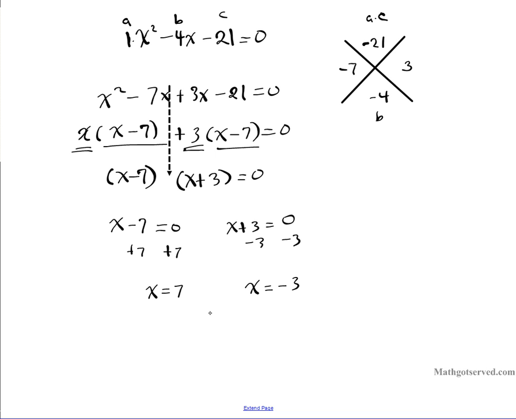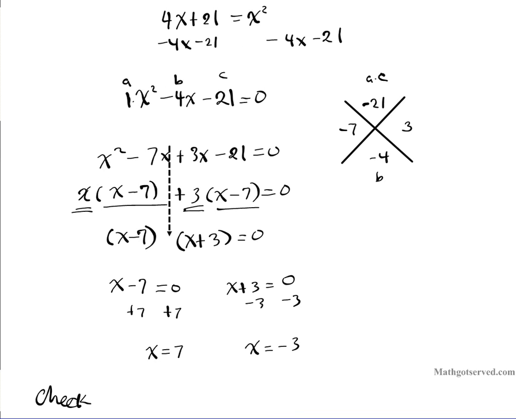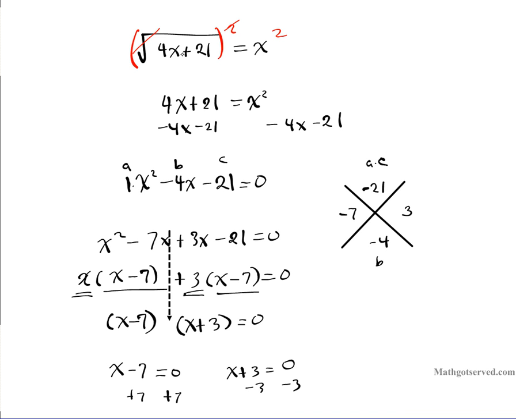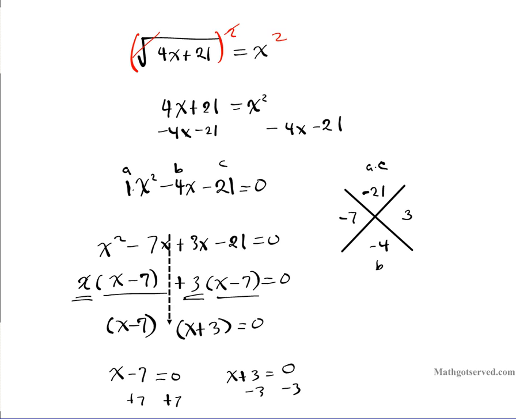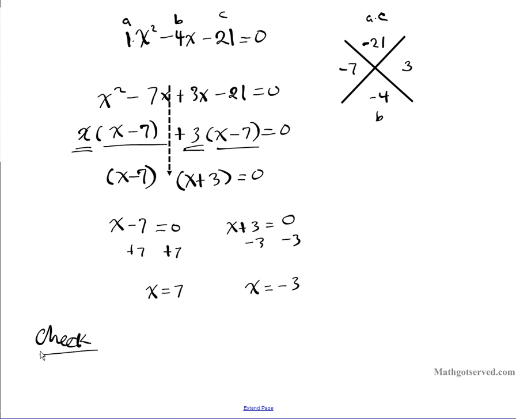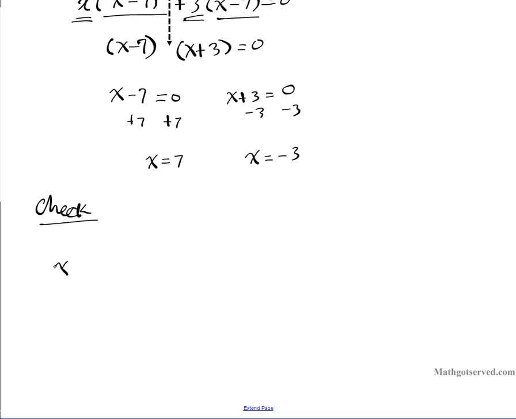All right, so are these my answers? I don't know yet. I have to do a check. Remember, you always have to do a check, because when we did the squaring here, we might have introduced some extraneous solutions. So that's why it's imperative that we do a check when you solve radical equations. The first one I'm going to check is x equals 7. I'm going to plug it into the original problem. Let me write down the original problem. The original problem is the square root of 4x plus 21 equals x. All right, so if I want to test this one first, the question is the square root of 4 times